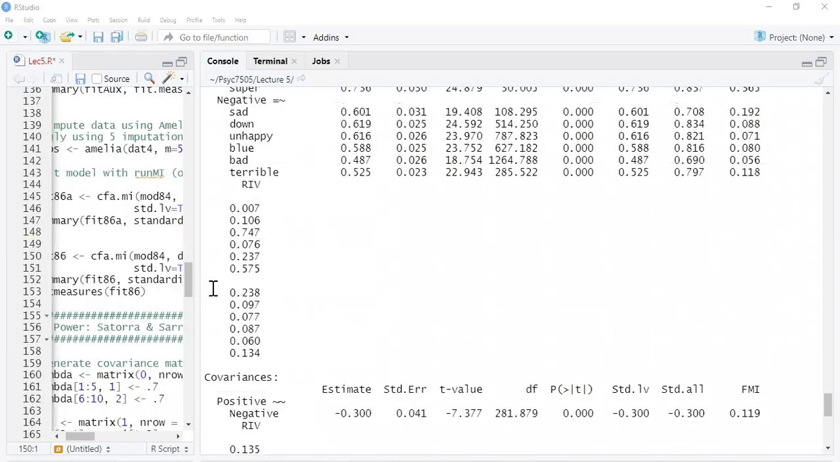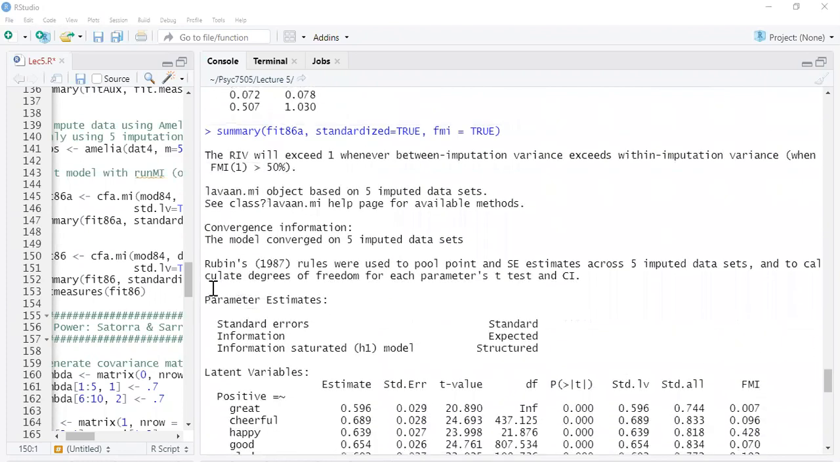Hi, everyone. Thanks for bearing with me there. I had a weird issue with Lavaan. So we fit a model using cfa.mi that fit it automatically. We can look at the results. The first thing is you won't get fit indices automatically with multiple imputation. As I mentioned, that's an issue